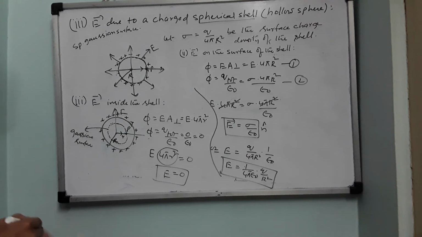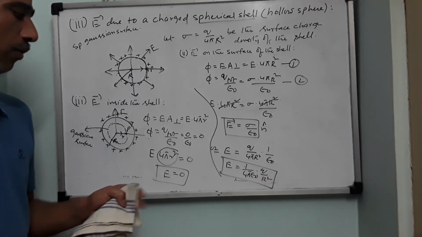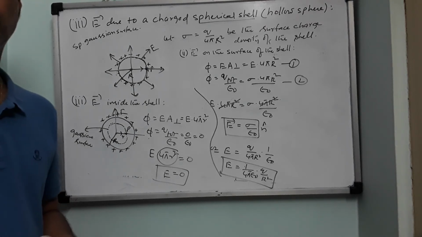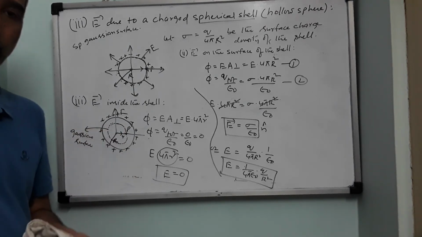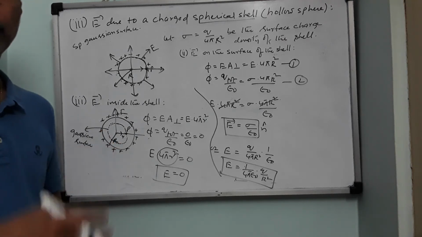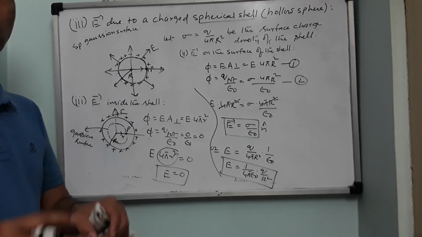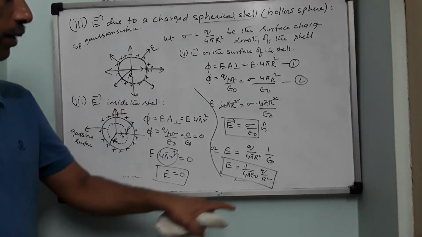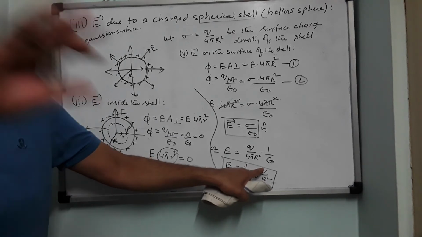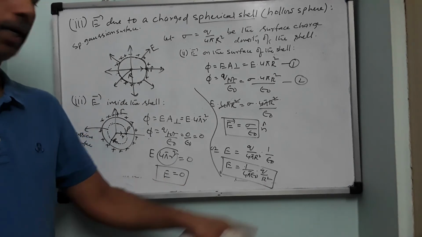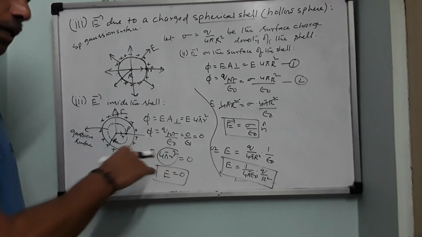So what is electric field inside a shell? Inside the shell, electric field is 0. It can produce electric field only on the surface and at any point outside the surface. Suppose you have a football or a volleyball and you have given a positive charge to it, inside the electric field will be 0. The ball has electric field on its surface given by 1 by 4 pi epsilon naught, the total charge distributed on the surface, divided by the square of the radius of the football or volleyball. And at any point outside, as r increases, electric field will be decreasing.